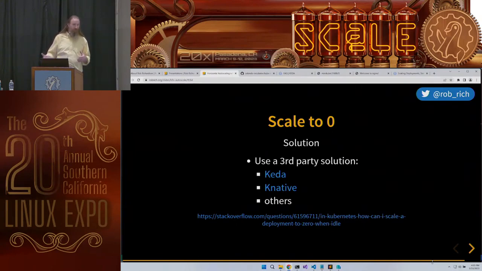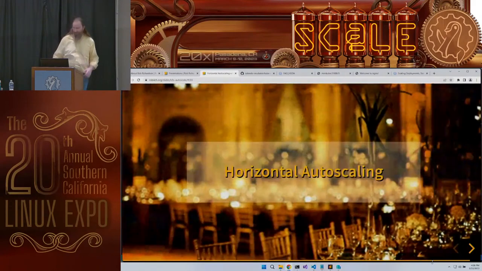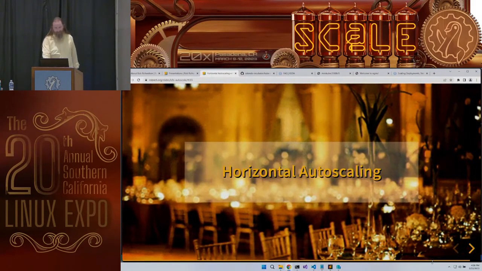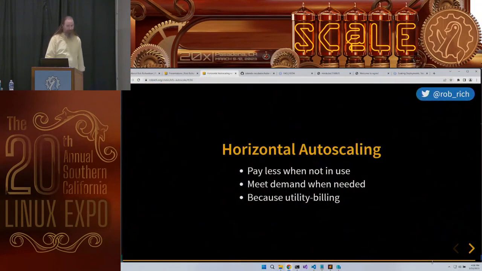Now you pay nothing. Well, you pay for the KEDA containers. But it's going to reverse proxy in front of your service so that it can catch that request and spin up the pod to handle that request in time. And so ultimately, scale to 0 is really cool. It is kind of a magic trick because if your solution is off, you do need that reverse proxy to be able to wake it up.